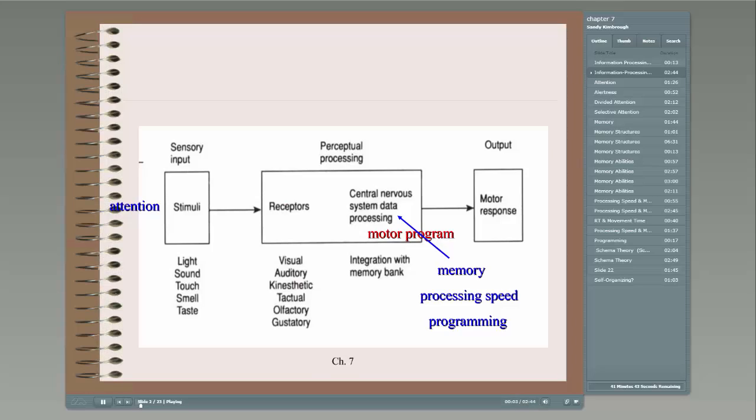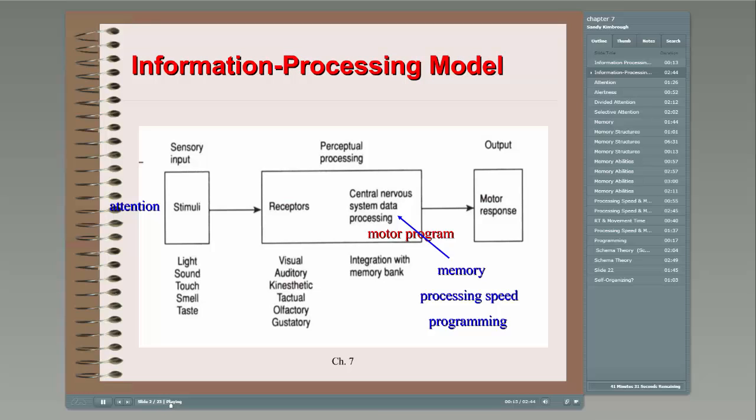This first slide you're going to see is an important diagram. Let me explain it to you. What you have is several boxes, 3 boxes, one on the left, one in the middle, and one on the right. This is known as the information processing model. The center box, the large box that's shaped like a rectangle, is basically what happens inside your brain that we